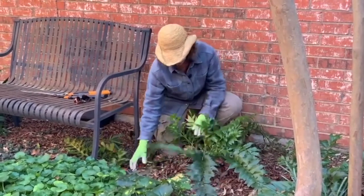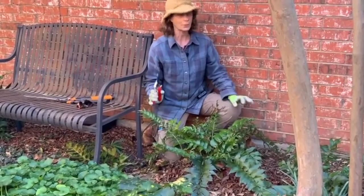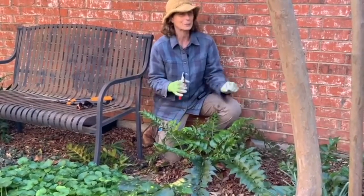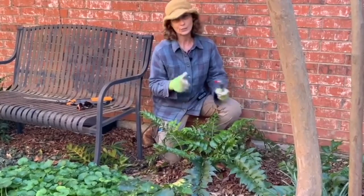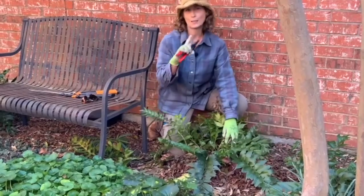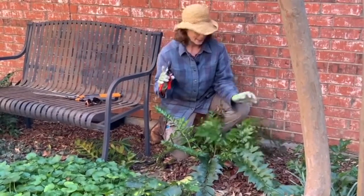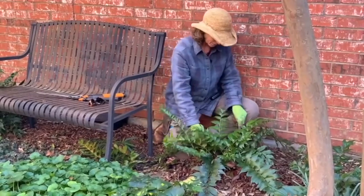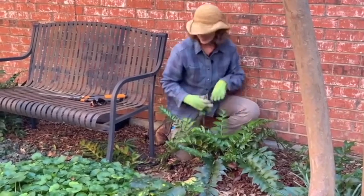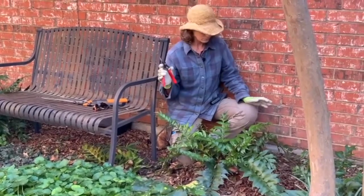The one thing that you do need to be careful for, if you do this a little bit too late, February is a great time to do it. If you do it a little bit too late, like into March, what you need to watch for at the base of the plant are the little fiddleheads coming up, because you've got to be careful that you don't cut those. Now, some years, if we've had, again, that sustained cold in the 20s for days, and we get that